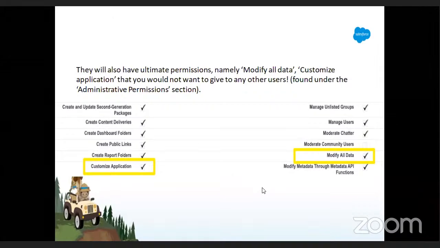Now a new profile is created. And you can say it is a copy of standard user. Right. Now it has different sections: profile details and page layout. We have different page layouts, and you can see the permissions,